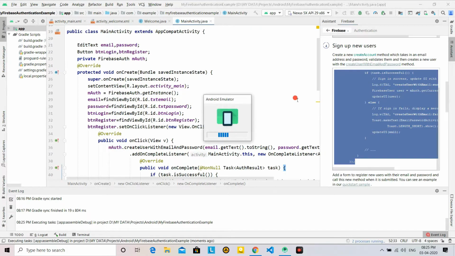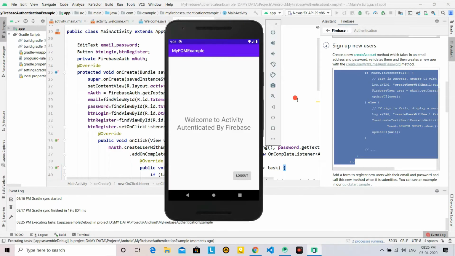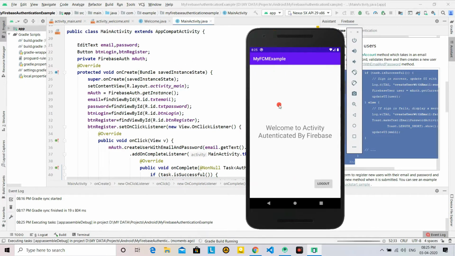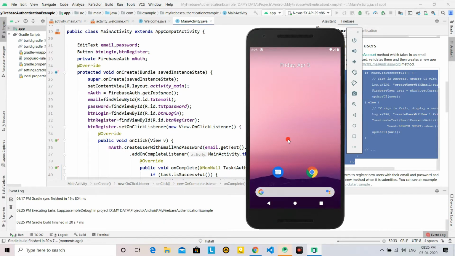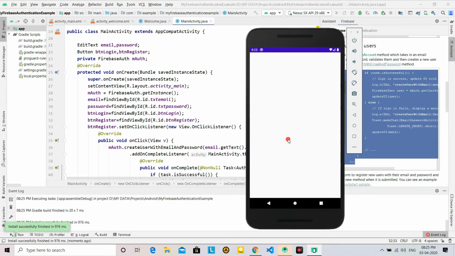and see what happens. Now it takes time for installation. Now it is ready, so the application is ready.